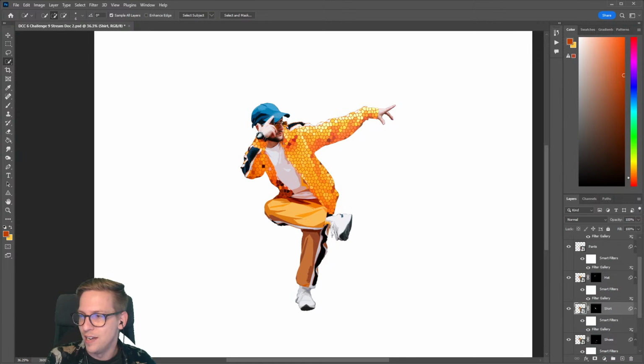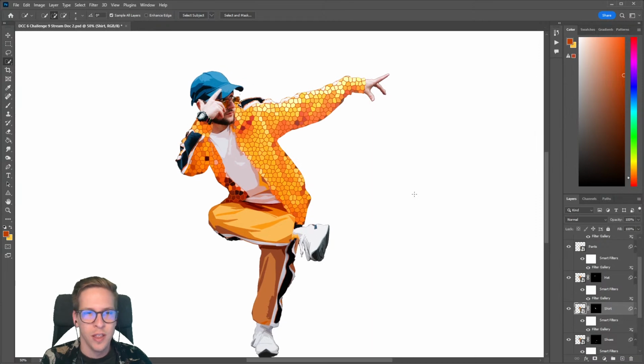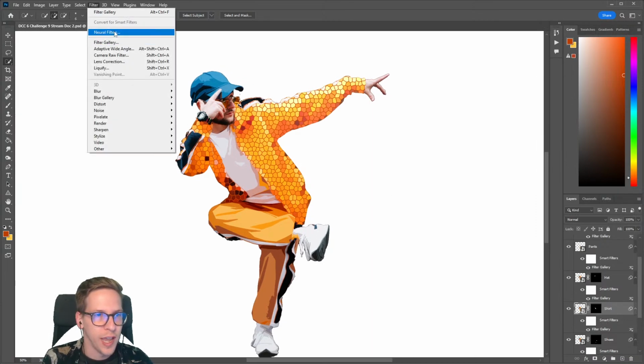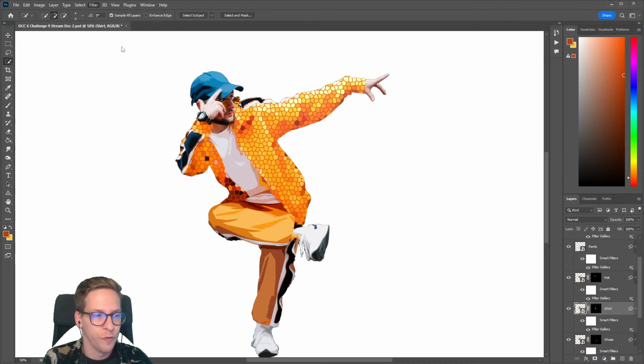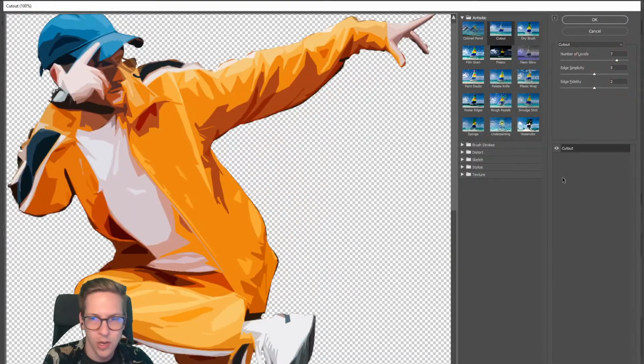All right, so let's see. Okay, I think that's good. We kind of filtered our different objects. You can try a bunch of different filters. If you go into filter gallery, feel free to experiment with more than just cutout and the stained glass. You can also try things